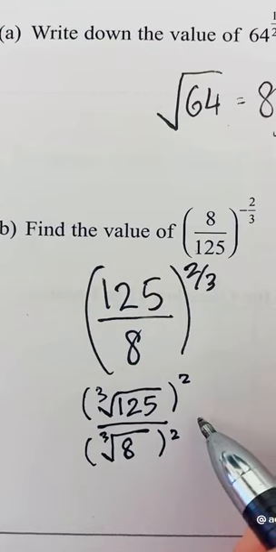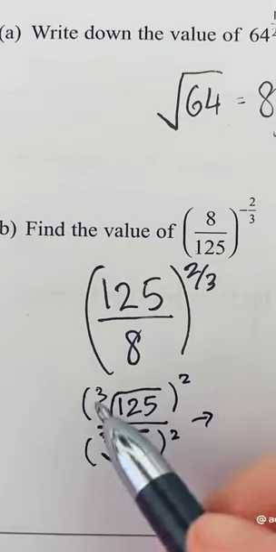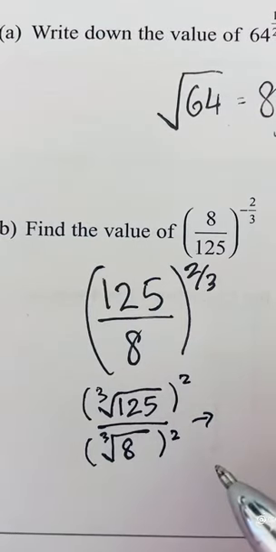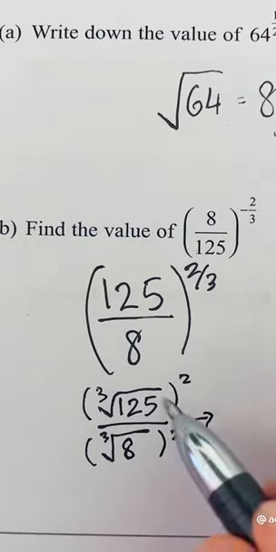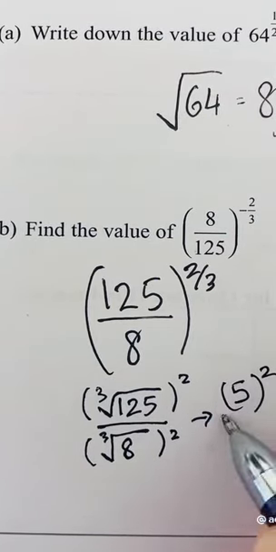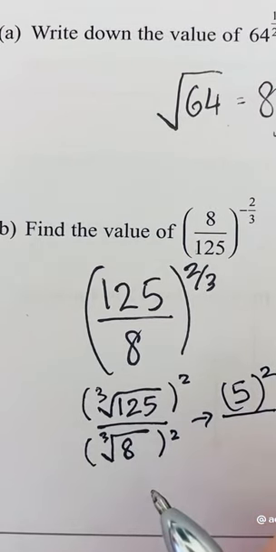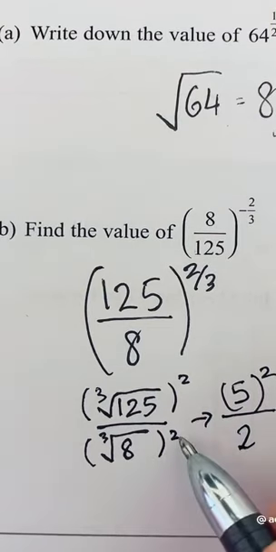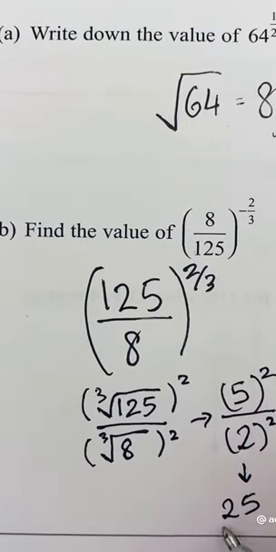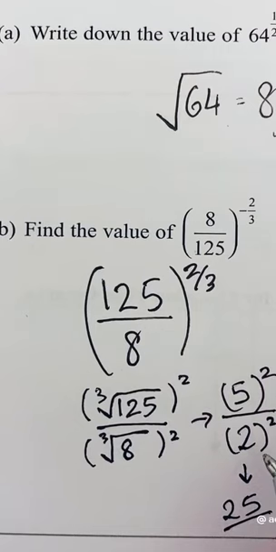So first of all, what happens is that you work from inside to outside. So the cube root of 125 is 5, because 5 times 5 times 5, when you multiply 5 by itself 3 times, it gives you 125. So that's 5 squared over the cube root of 8 is 2, because 2 times 2 times 2 gives you 8. So that's 2 and then the squared. And then finally, we have to do 5 squared, which is 5 times 5, that's 25, over 2 squared, which is 2 times 2, which is 4. And 25 over 4 is our